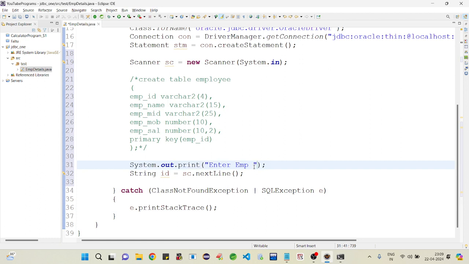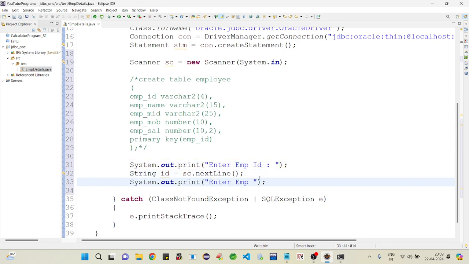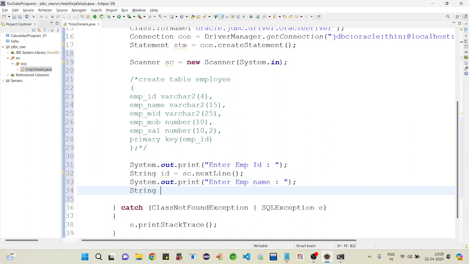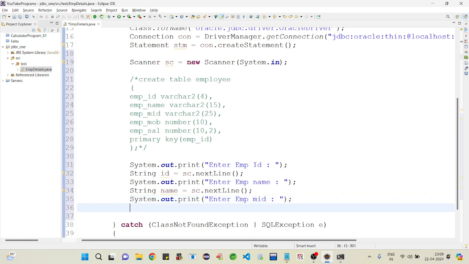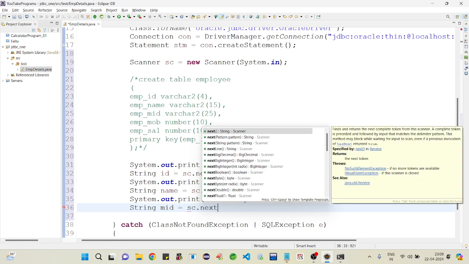Now emp name, String name, sc.nextLine. After that employee mail id, emid equal to sc.nextLine.